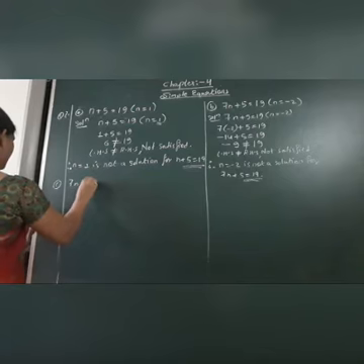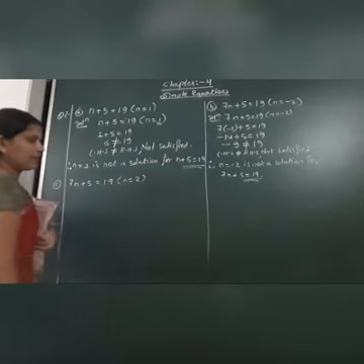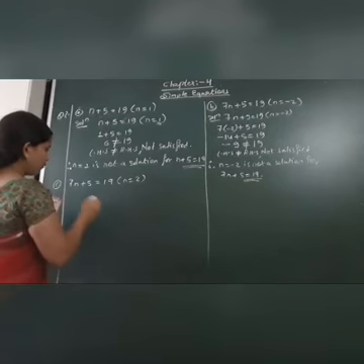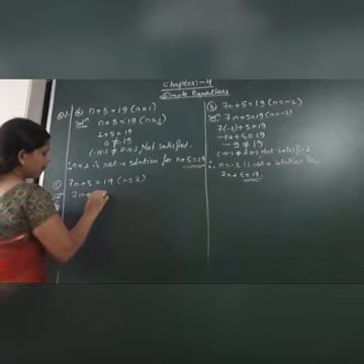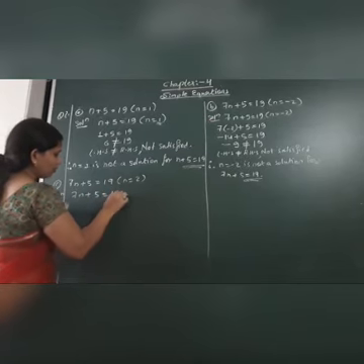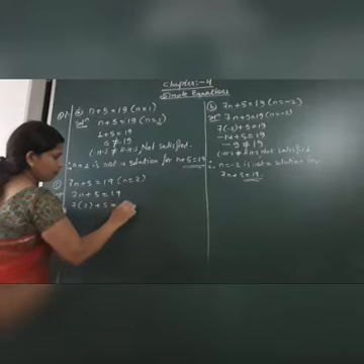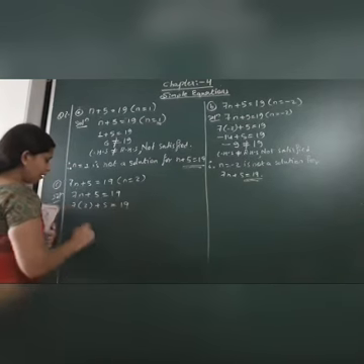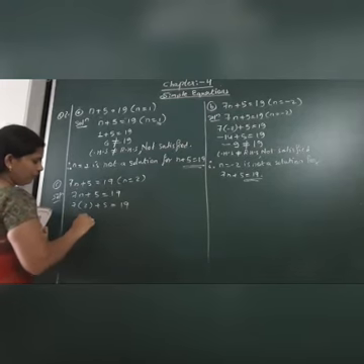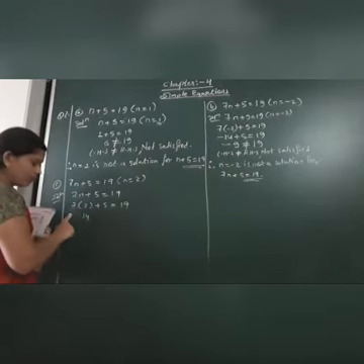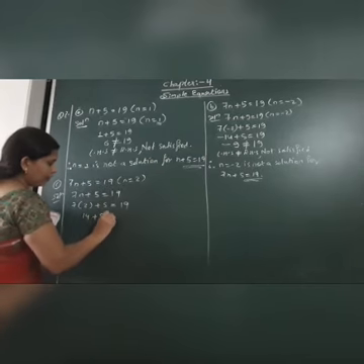7n plus 5 is equal to 19, where n is equal to 2 we are having over here. Clear? What we have to do? We have to put the value of n as 2. So here 7 into 2 plus 5 is equal to 19 we are having, isn't it? So 7 into 2 will be 14. Since 7 is a positive number, it will become a positive 14. Okay, positive number will come in the answer.